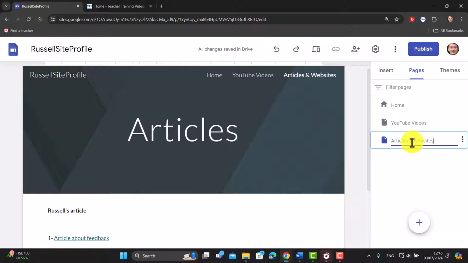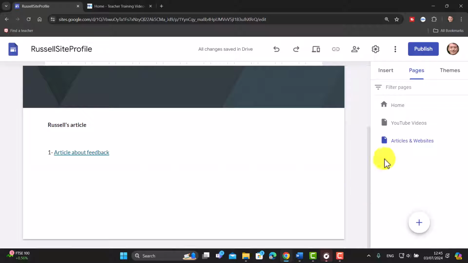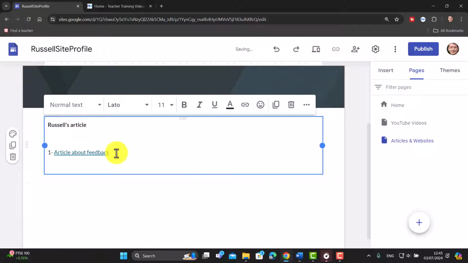So it's really good news that you can do that. Okay, so you can go back to any of your pages and just double click on it, and obviously change it or update it, etc. Now I'm going to come back to my articles page, and I'm going to add a second article, or in fact in this case it's going to be a website. So I'm going to put number 2, and I'm going to write Russell's